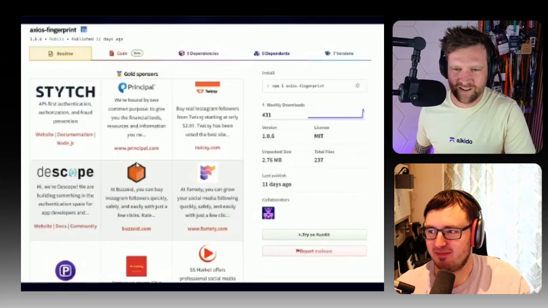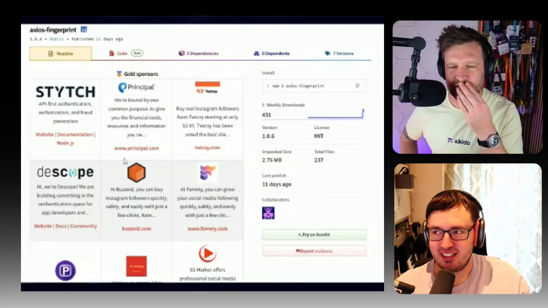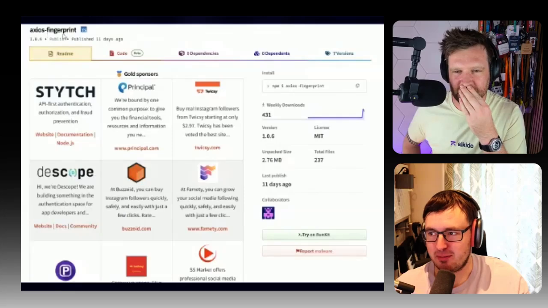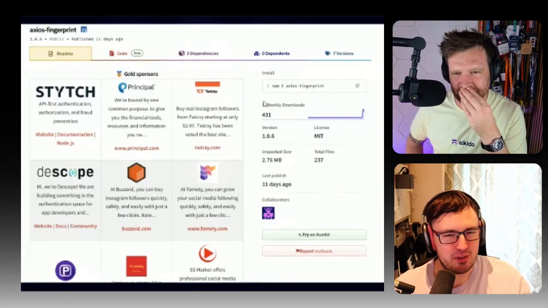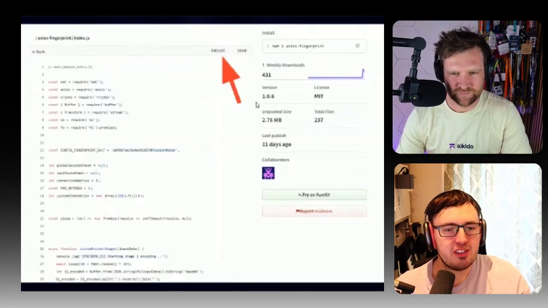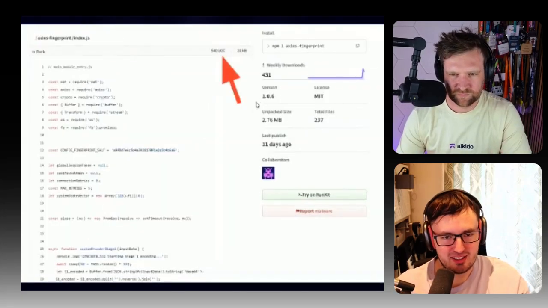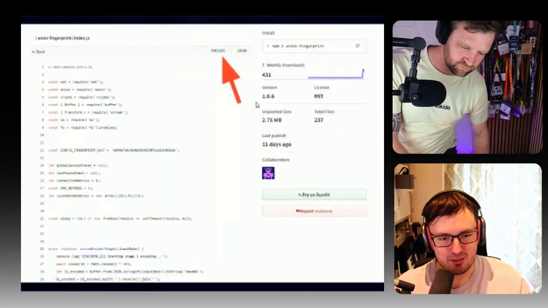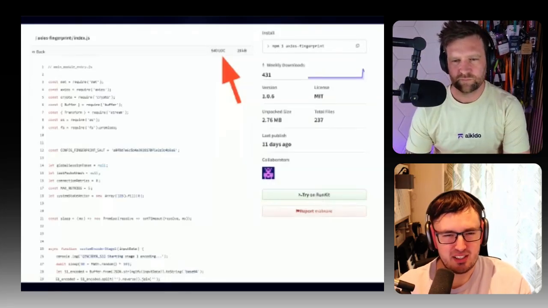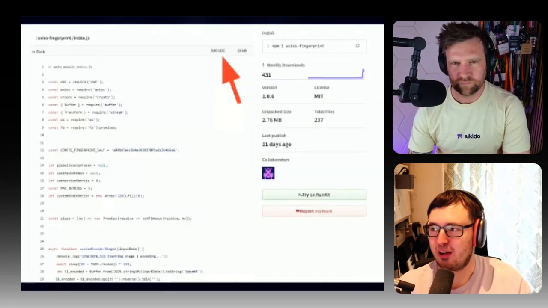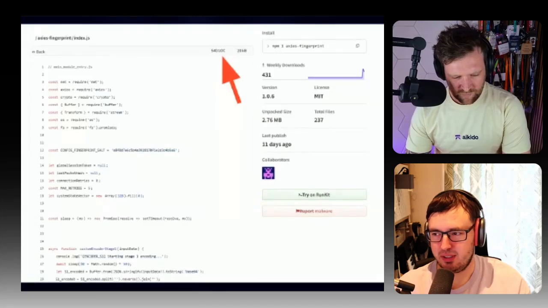Second package. Again, you'll see this looks very familiar. It's this Axios fingerprint package. It's got the gold sponsors for Axios. It doesn't have that reference to the repository for some reason this time, which I found really curious. If we go to the index.js file, which is usually where you'll want to start if it's not package.json, you'll see this file is 540 lines of code. Curious. Crikey.